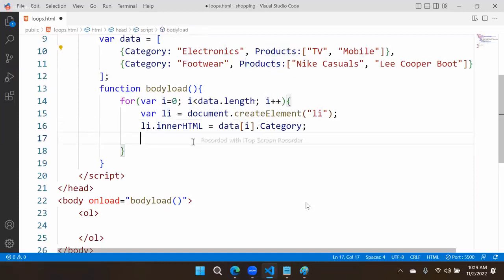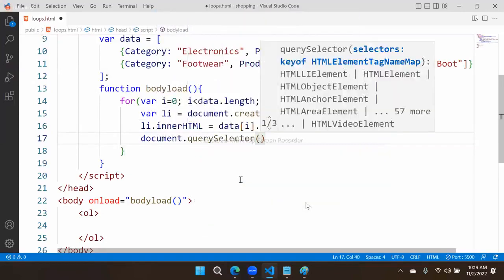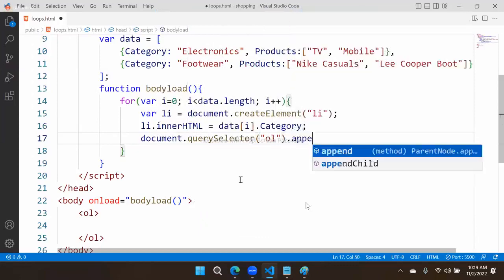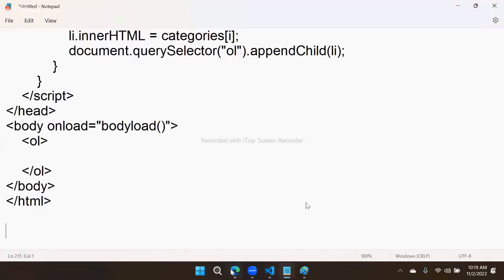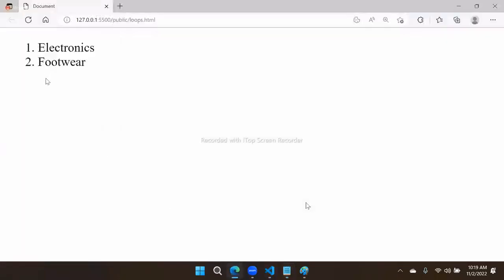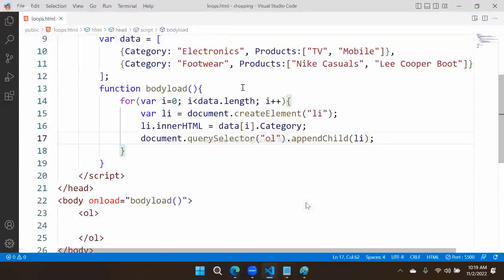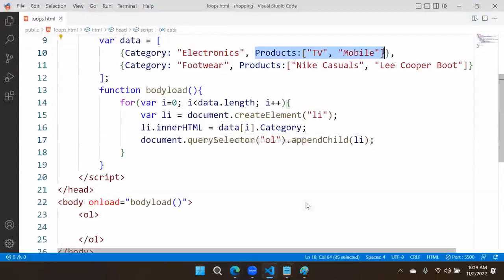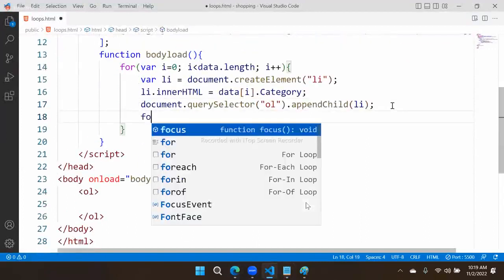Initially what we want to do is add this using document.querySelector. So ol.appendChild, we are adding li. That means you see the first level of list items is added. Now under every list item there is another products list. Then we have to write another for loop